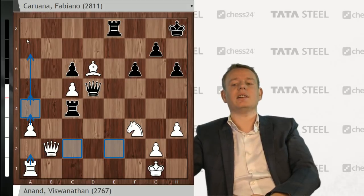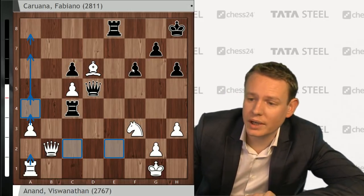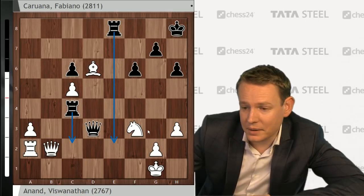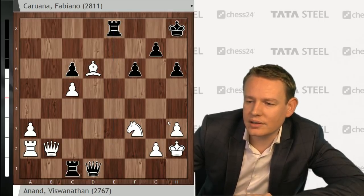And he does have the fairly simple plan to push the a-pawn all the way to a8. So queen b2, queen d3, renewing the threats. Rook to a2, pairing them once again. And black is running out of ideas. Caruana goes for the last